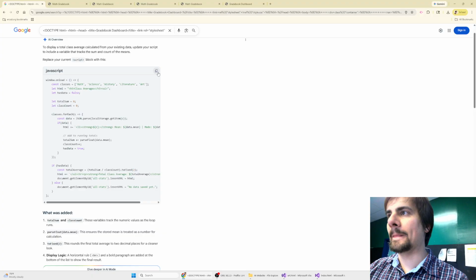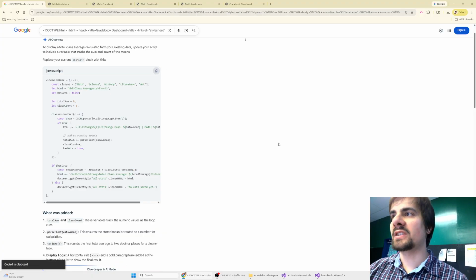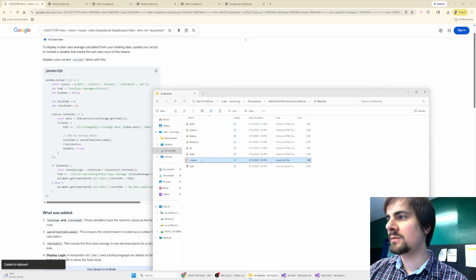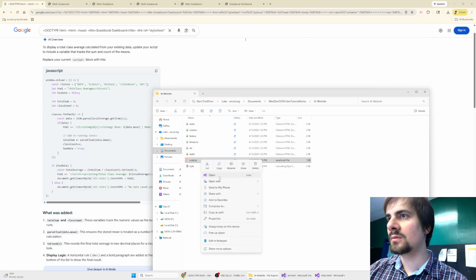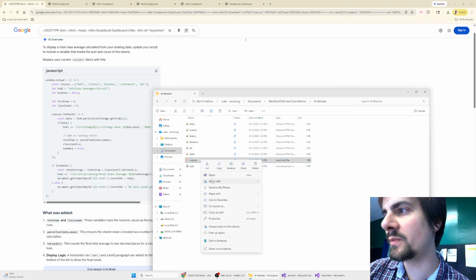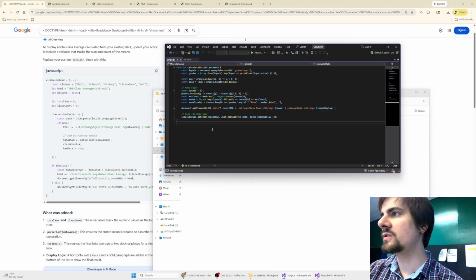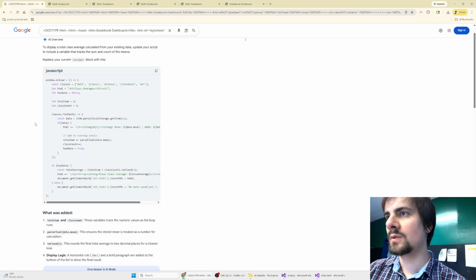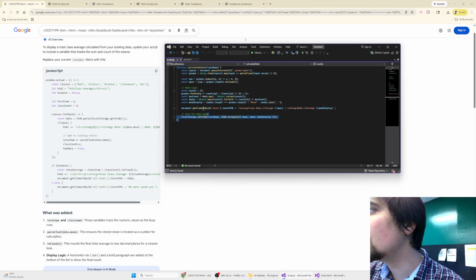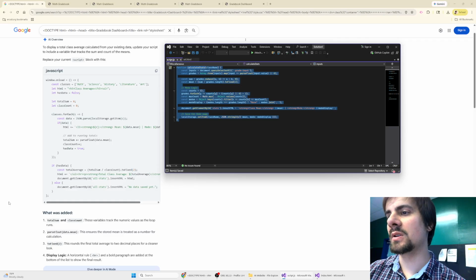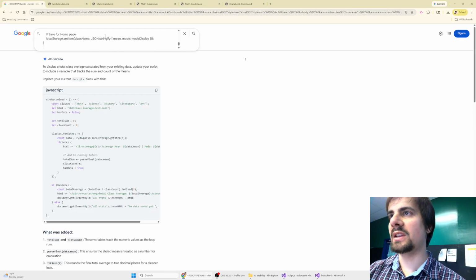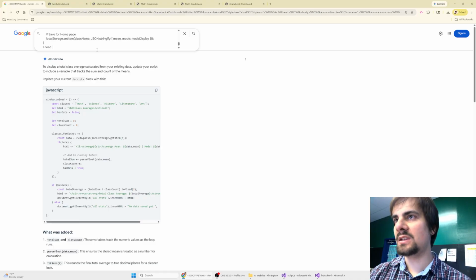Okay, so let's see. To display it, replace your current script block with this. I'm going to copy it. So I copied the whole thing. I pasted the whole thing in. Oh, it wants me to replace my JavaScript. I thought I was going to replace my index. If I open with Visual Studios, no, this is actually crud. I'm actually looking at it now. This is actually garbage. I need to actually paste this in and say, I need